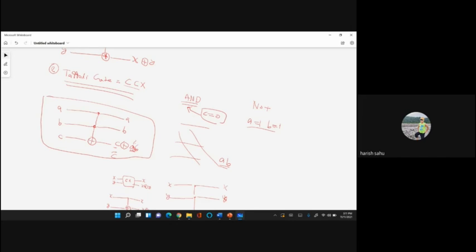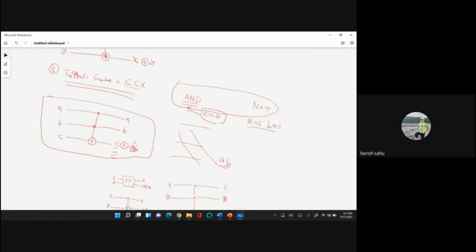So here if you see, using this single Toffoli gate, we can implement the AND gate, we can implement the NOT gate, and we can also implement XOR. So if you are able to implement these 2 gates, AND and NOT, using Toffoli, then if you remember in the previous slide, this AND plus NOT gate becomes a universal gate set for classical circuits. You can implement the NAND gate, and using that NAND gate, you can do anything in classical.